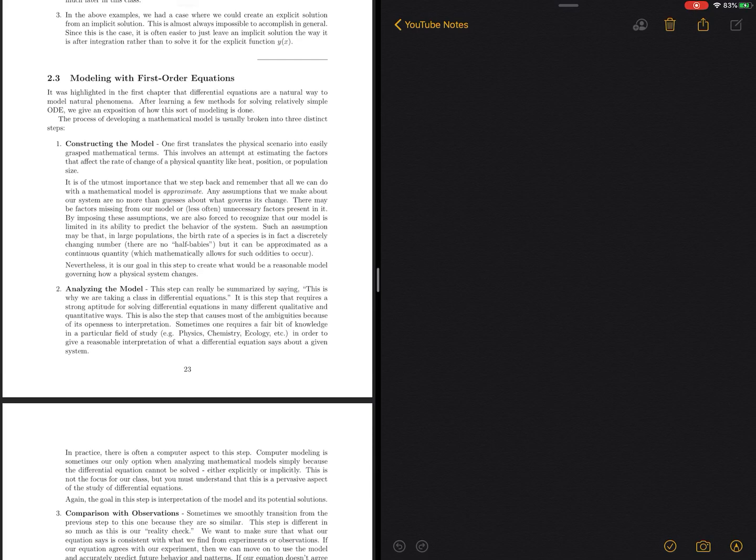So we are well on our way to understanding how to solve differential equations, and we're really starting to pick up steam in learning what certain methods are available to us, especially in first order. But what I wanted to do here is take a bit of a detour and remind us why we're looking at differential equations in the first place, and maybe see a little bit more about how we develop mathematical models. And we did this a little bit in a previous video, talking about the free fall model that we